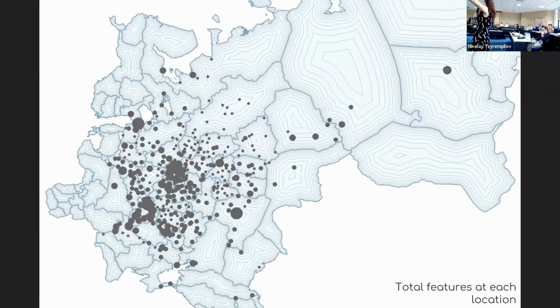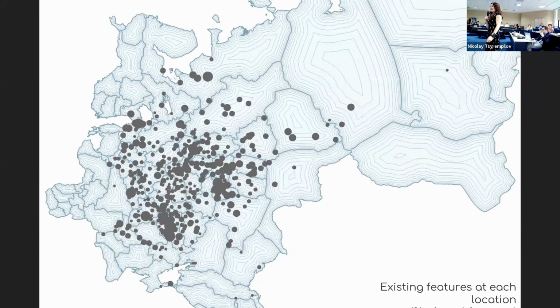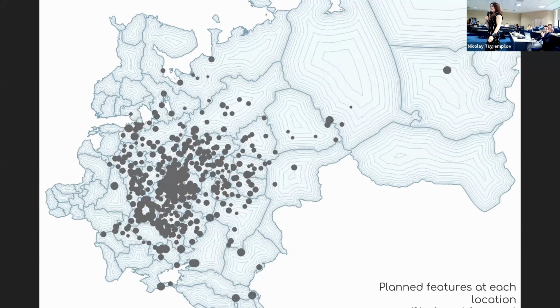So you can see, for example, that giant dot, right? That's Saratov. There are a lot of features on that map. But a lot of the maps, the plans, have very few features named on them. They're not very complicated urban spaces. And that's what this is showing us. And you can break that down to see which towns had a lot of plans for the future and which had a lot more things planned in existence.